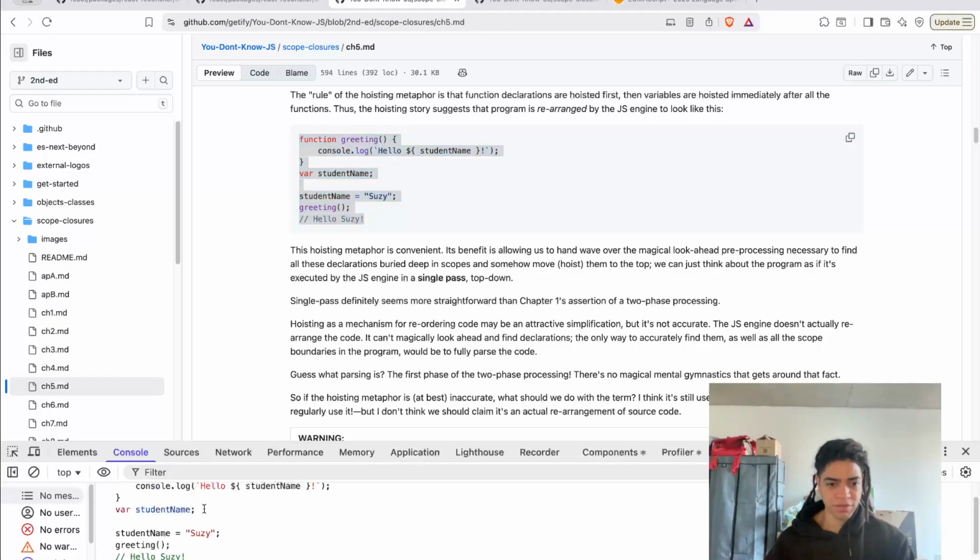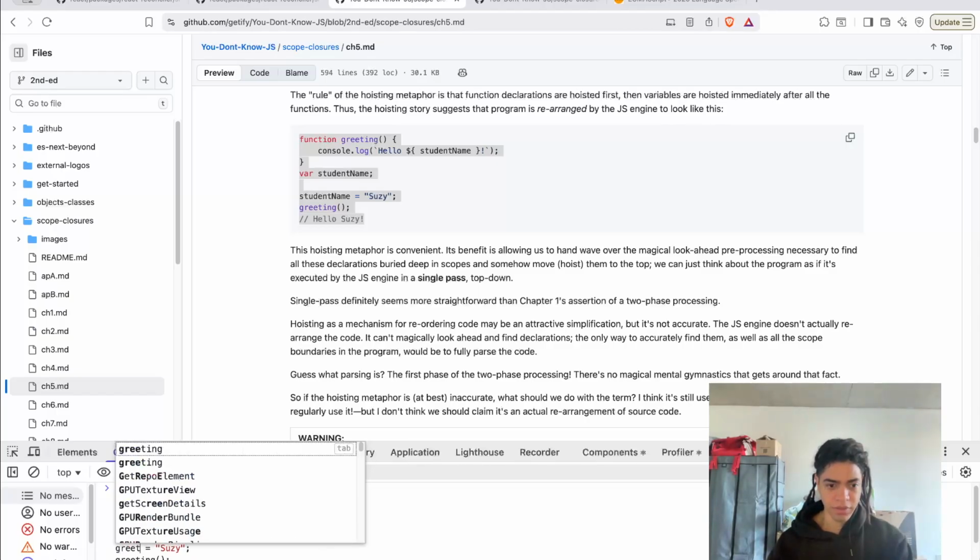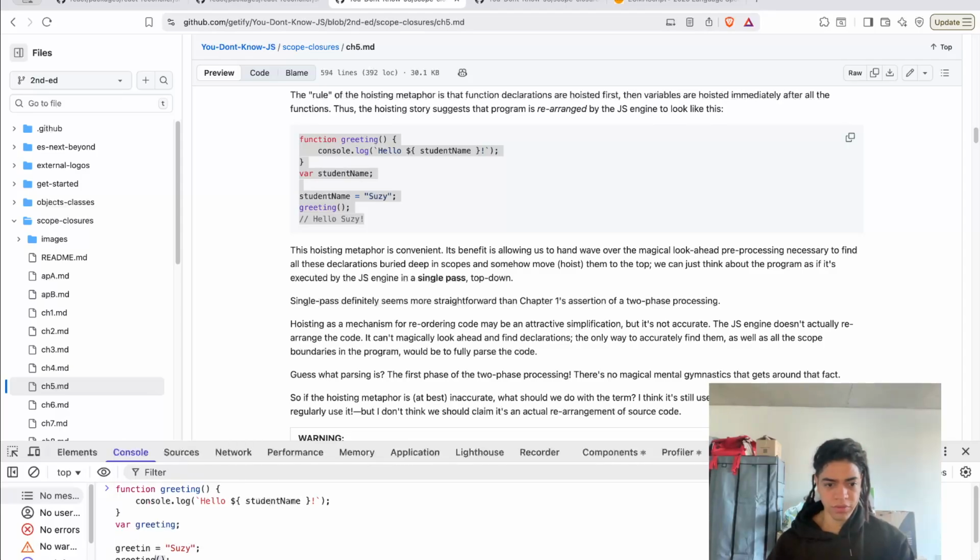So you might have something like this, right? And then somehow you rename this greeting here. And then you say greeting equals Susie. All right. And you may wonder, well, what will be the value of that? It'll be a function, okay?